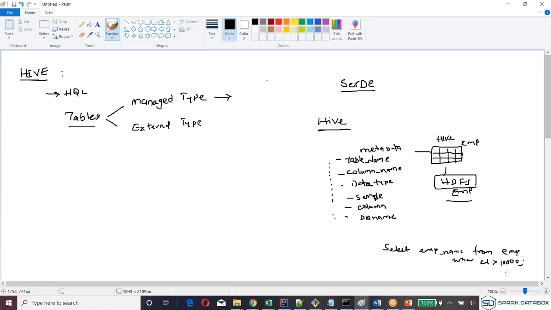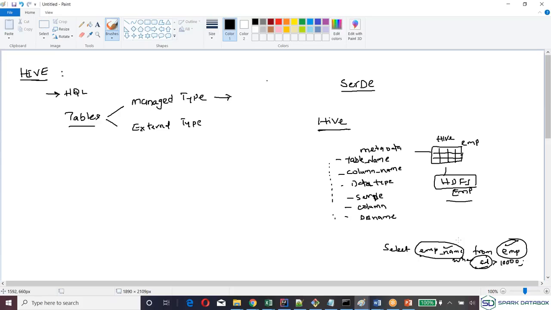To process that file, I should know what this table is, what this column is, what this employee name is. Right? I need this information: the employee name, the salary. Then only I can go and get it. Without knowing what column you are referring to as employee name, what column as salary, or what employee in HDFS.